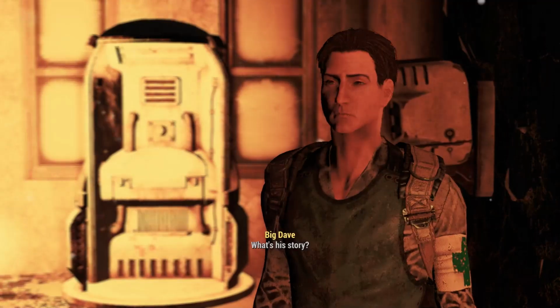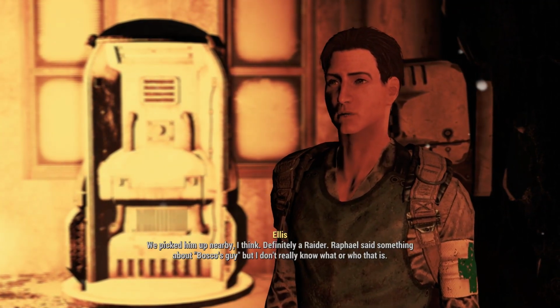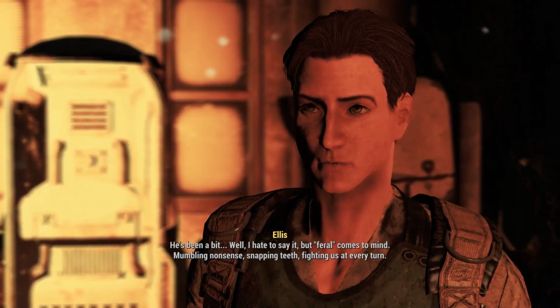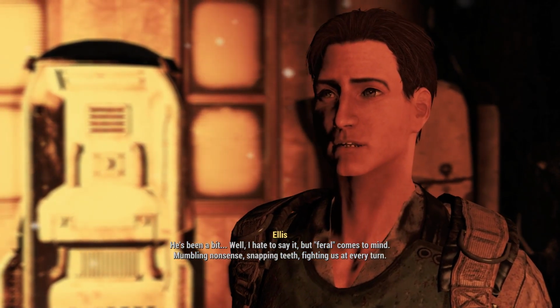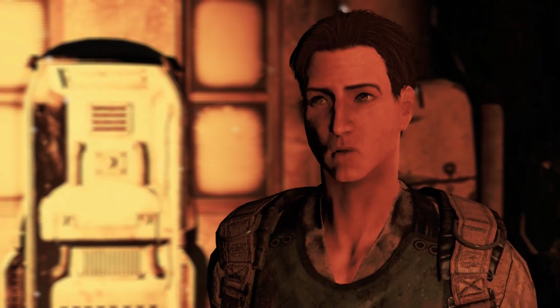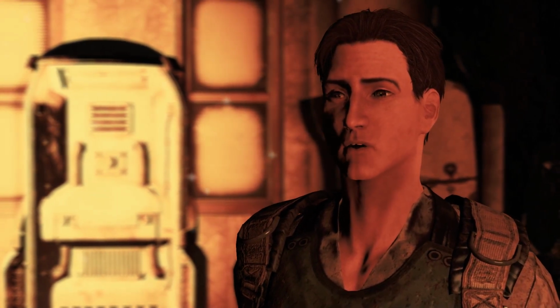What's his story? We picked him up nearby, I think. Definitely a raider. Raphael said something about Bosco's guy, but I don't really know what or who that is. He's been a bit... well... the really crazy raider with the mask on his... nonsense, snapping with teeth, fighting us at every turn. We had to strap him down and sedate him. I don't even know if he wants our help with how hard he was fighting back. Raphael was stronger, but...